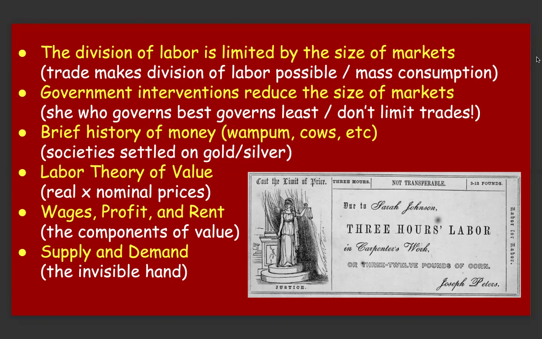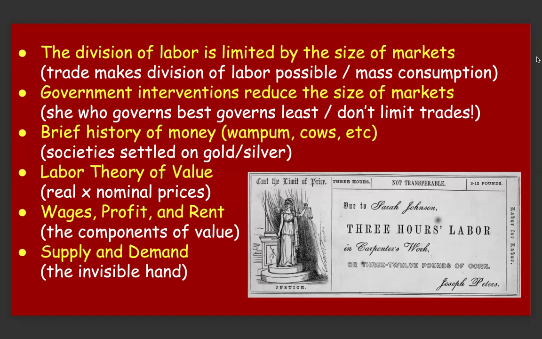If your country is not trading with anyone, so if you're Norway, remember I mentioned Norway or Denmark and Sweden, it's very cold, so they'll be good at some stuff, like salmon and certain kinds of cold water fish. But they're not going to be good at other things that are easily produced in Africa or South America, where it's warmer, right? So if Sweden is completely isolated, doesn't trade, they cannot specialize in certain things. They need to produce everything that they need, isn't it? So the more trade you have, the more division of labor you have, and the more wealth you have. At least on the aggregate.